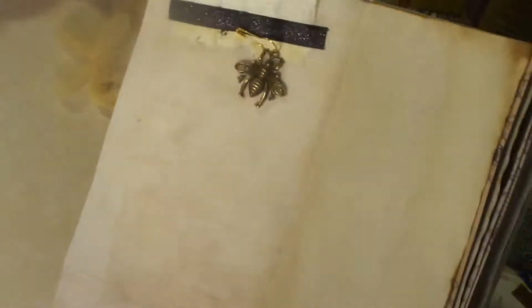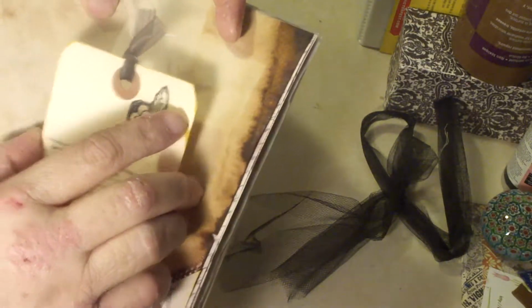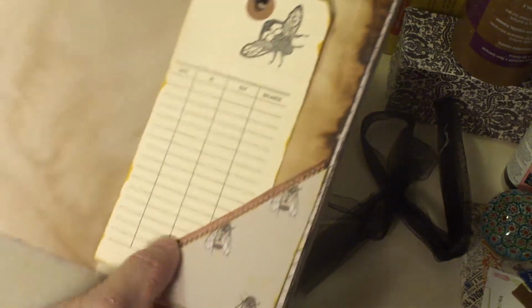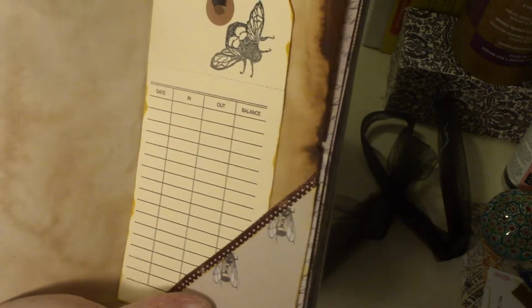a little paper, no, this is actually a scrap of the fabric and some black glitter washi, and then a bulb pin and another embellishment that I got from eBay. Another little flip. I won't open that up, it's just lined with coffee dyed paper. This is an inventory tag that I stamped with a bee. A little piece of polka dotted ribbon, and really yummy dark dyed